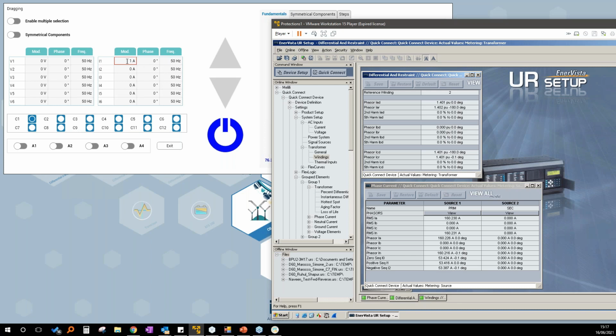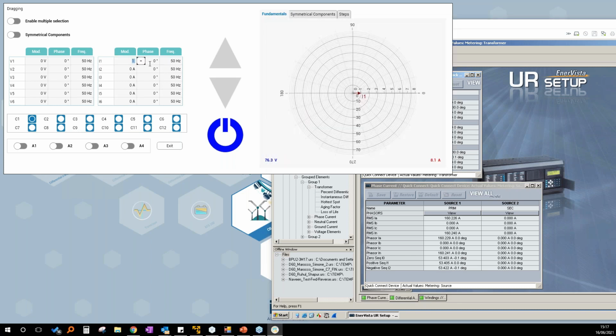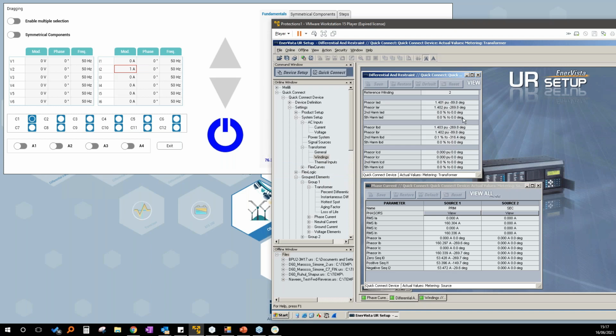We can also change the phase and see what happens if I do this here. You see here the effect of the phase rotation. Now only A and B elements are stimulated.